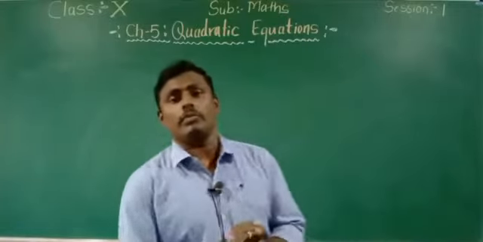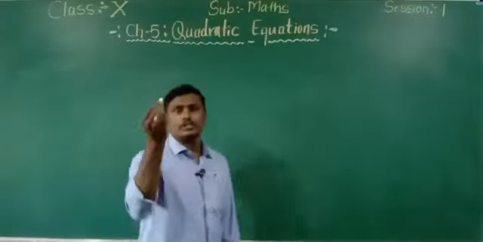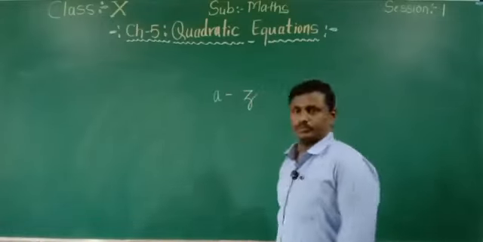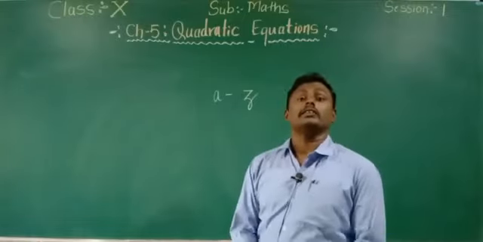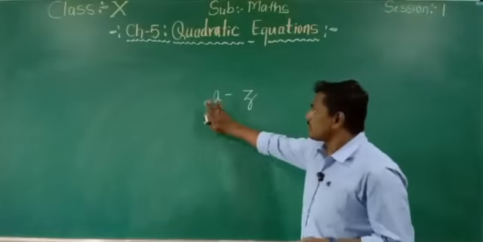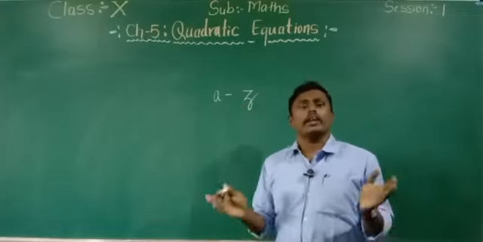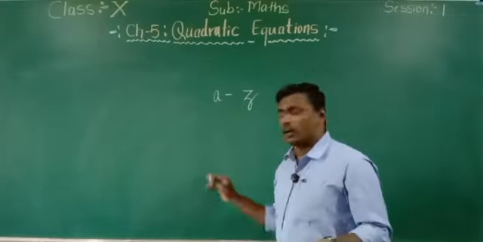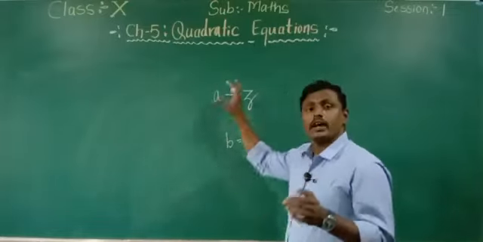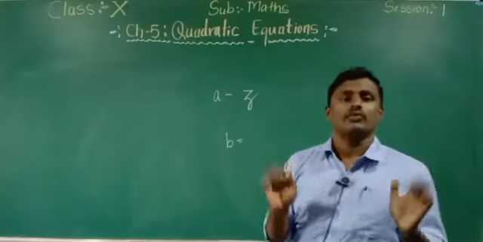So what do you mean by variable? For variables we use small alphabetical letters from A to Z, right? Variables means undefined values which do not have any fixed value. Can you guess what is the value of A, what is the value of Z? We don't know the exact value of A and Z. We don't know the exact value of B also. So these are undefined values, the variables do not have any fixed value.